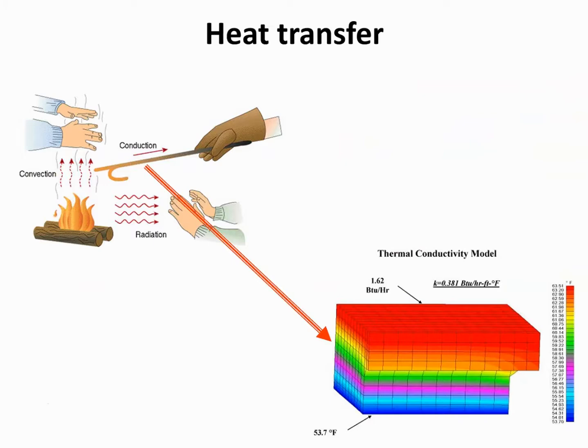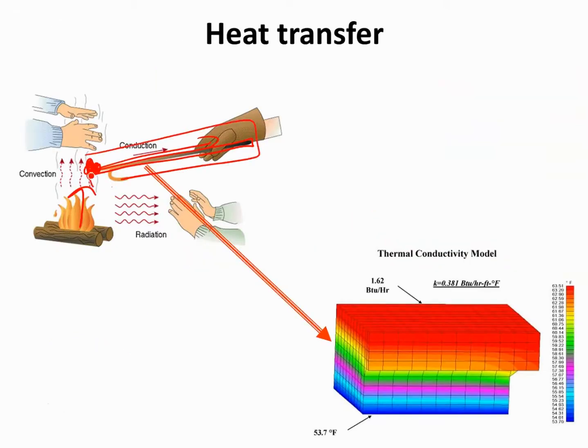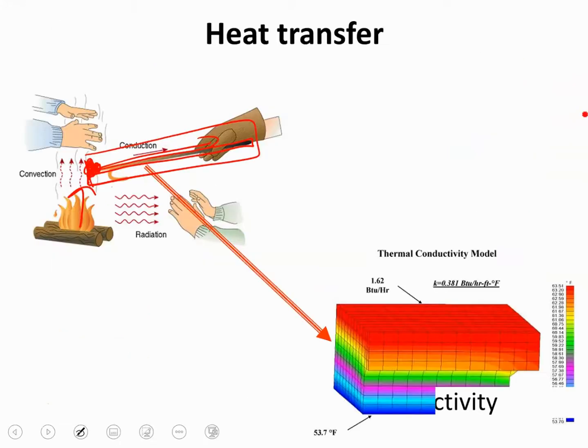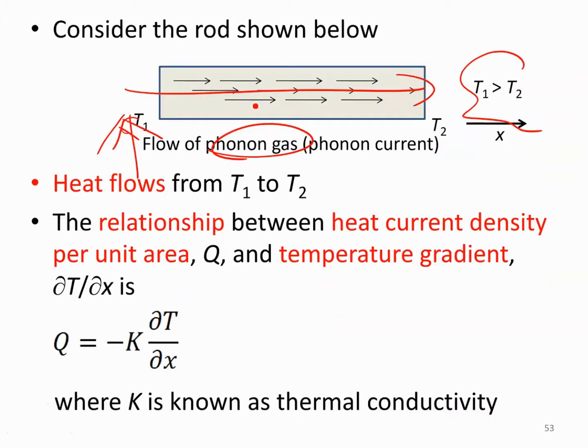Okay, so let's say I have one material here. When I heat the end of the material, the heat will transfer from the end to my hand. Okay, so this is the heat transfer. So consider the rod shown below. When I heat one end, the phonon gas will flow from one end to the other end, to my hand just now. The heat will transfer from this end to this end, just like this figure,